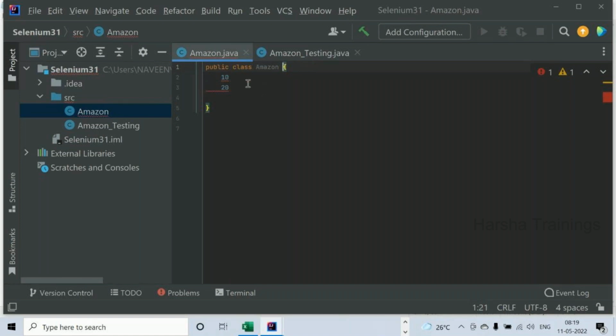Now I am trying to add two numbers, 10 and 20, inside the class, and both 10 and 20 are giving errors. Why? Because